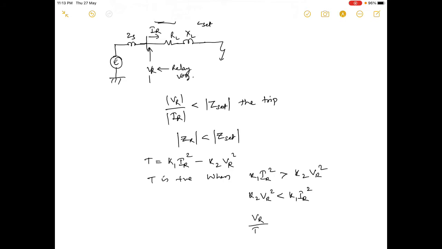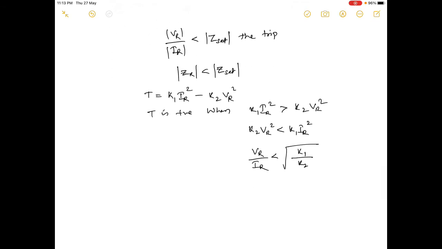You can write it like this. So VR divided by IR: I will bring IR square to the left hand side, it will come to the denominator. Since it is square, I will write a root here. So what remains here? K1 by K2. So what are K1 and K2? They are constants of those settings, correct? Potential coil and current coil, how many windings you use, what is the resistance of that, is all in your hand, right? Pick up current and what voltage you want to have in a particular coil. Yes, you change the number of coil turns, you can change the voltage, correct?